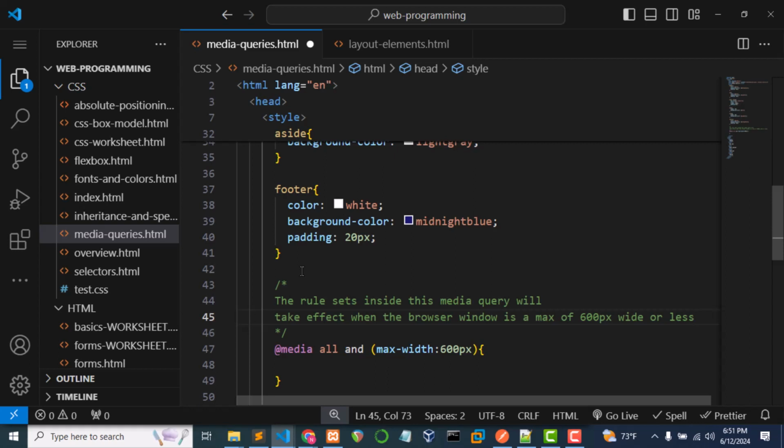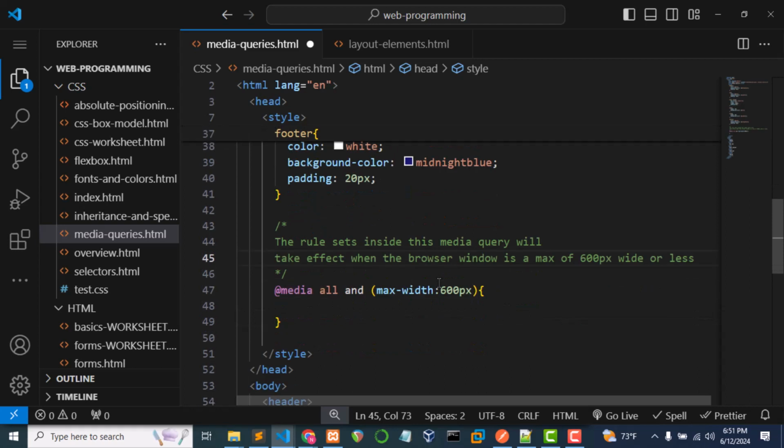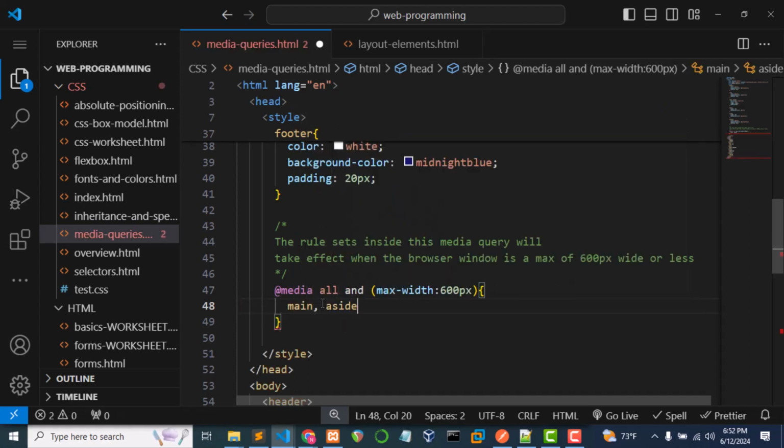Okay, all right, let's see how that works here. So we're going to put some rule sets inside of this media query here. So put your cursor inside the media query. Make sure you're indented. We want to indent everything that's inside of here so we can clearly see what's nested inside of it. And what we're going to do is use a group selector that targets the main element and the aside element. So our selector is going to look like this: main, comma, aside, and then a pair of